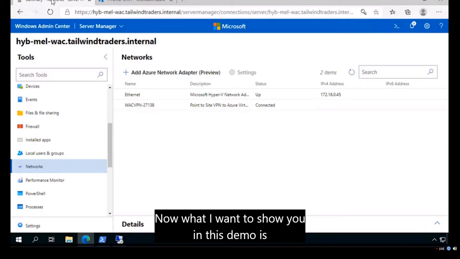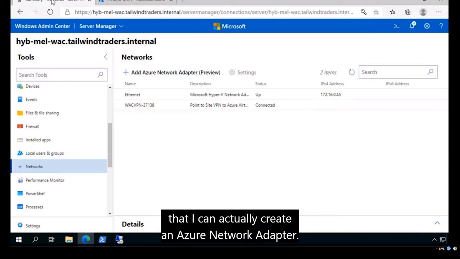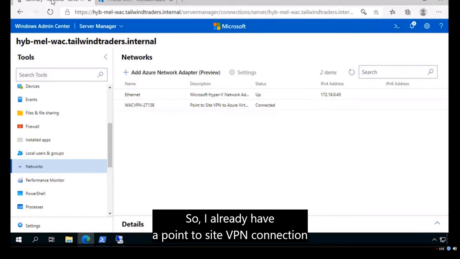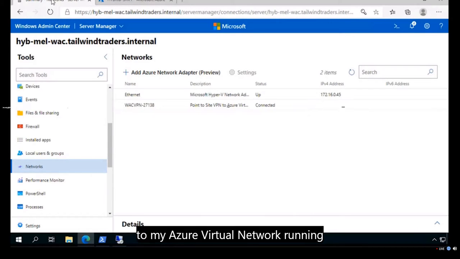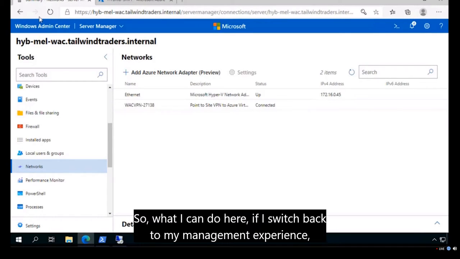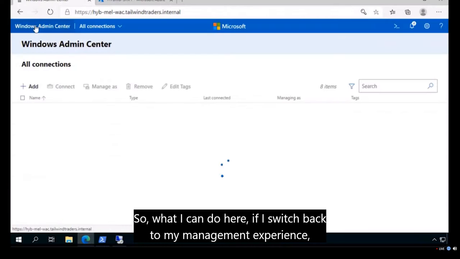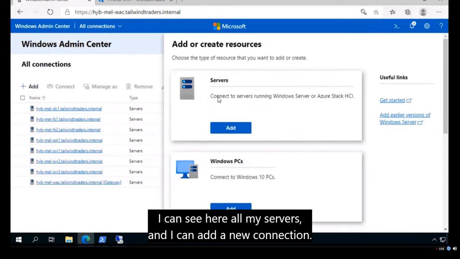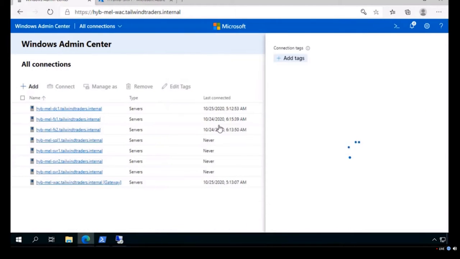Now, what I want to show you in this demo is that I can create an Azure Network Adapter here. You can already see that this Azure Network Adapter is connected. So I already have a point-to-site VPN connection to my Azure Virtual Network running, and my Windows Admin Center server can connect to that machine. If I switch back to my management experience, I can see all my servers and I can add a new connection. So if I click on add,